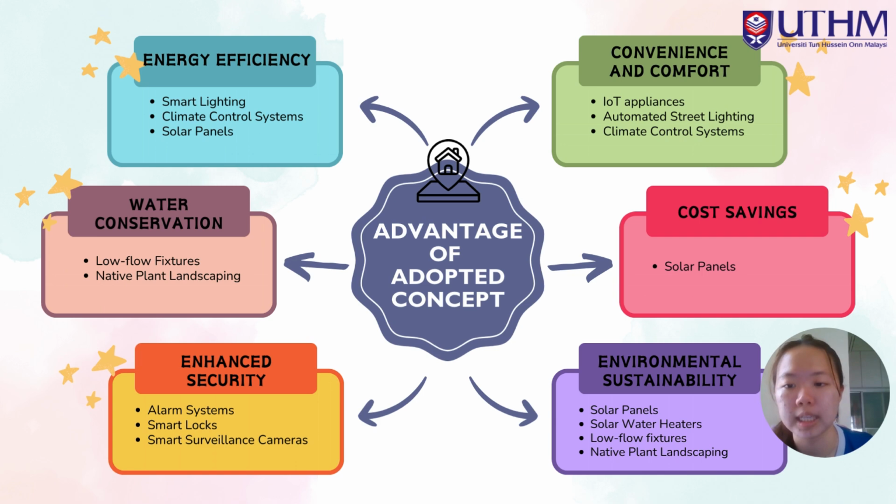Moreover, the smart housing features like the integrated alarm system, smart lock, and the surveillance camera provide robust security, and this system will offer real-time monitoring, motion detection, and emergency alert, ensuring the residential safety and peace of mind. And apart from that, the IoT appliances and automated system will bring unparalleled convenience and comfort to the residents, with the internet connected appliances allowing for the remote control and the automation of household tasks to save the time and the effort.